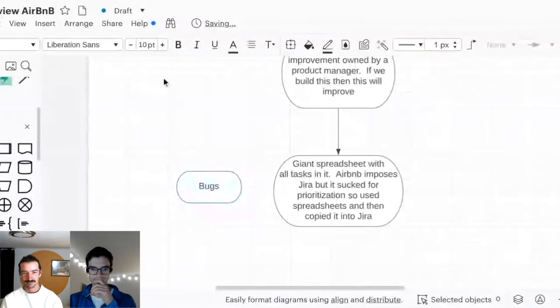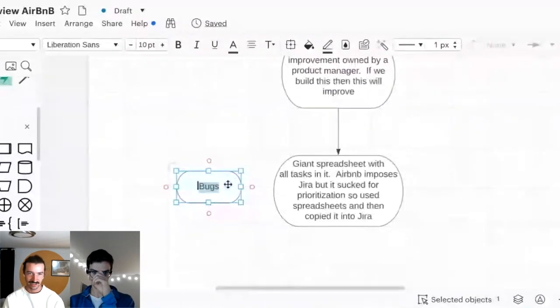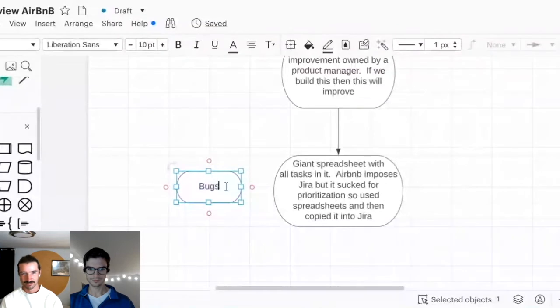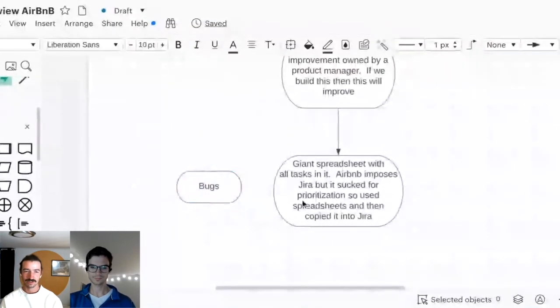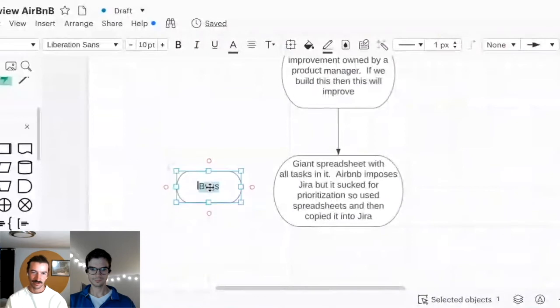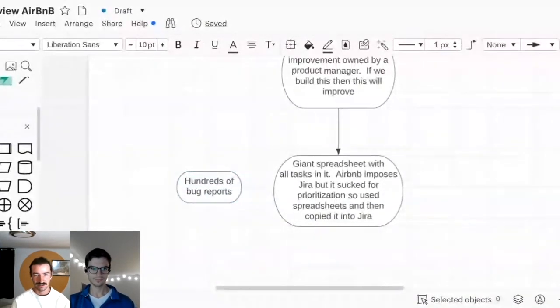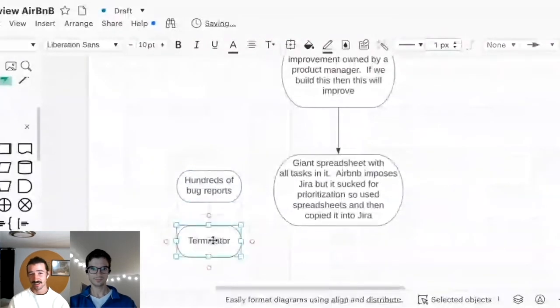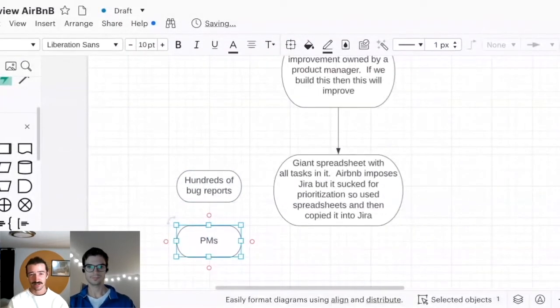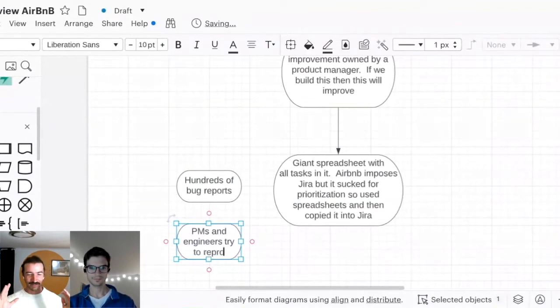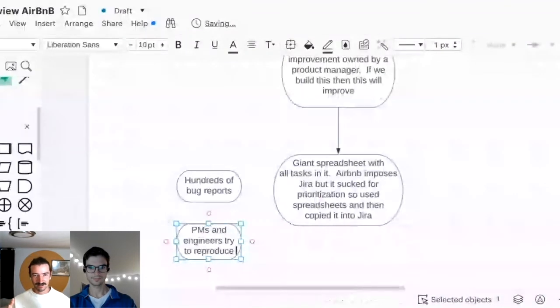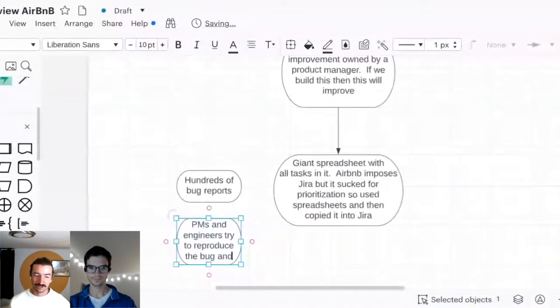Well, bug management on a team like the payments team at Airbnb is incredibly difficult. You receive hundreds and hundreds of bug reports from people who don't know the product very well. Pretty much the only people qualified to figure out if they're valid bug reports or not are the PMs and engineers on the team. Reproducing the bugs can be incredibly difficult because, for lack of a better word, it's a gigantic vector space to reproduce the state of the user when they experience the bug. It's also potentially impossible.